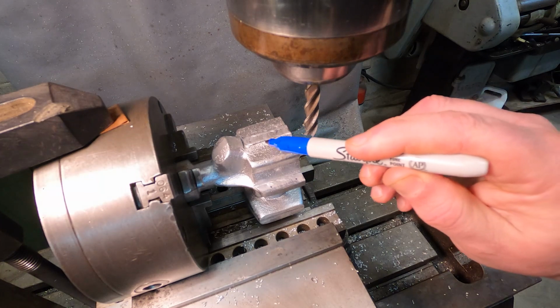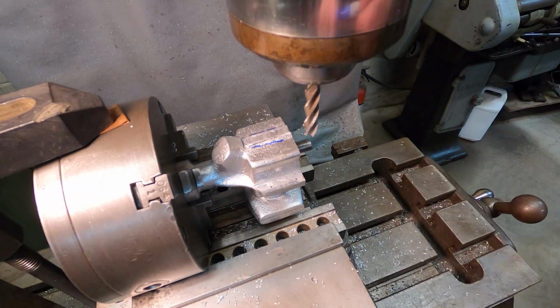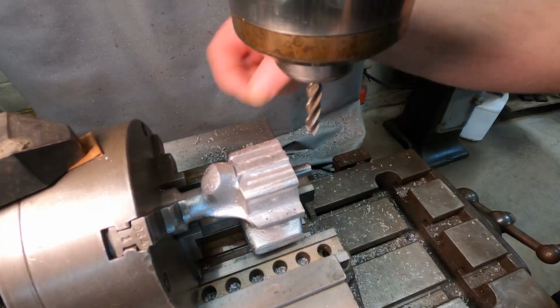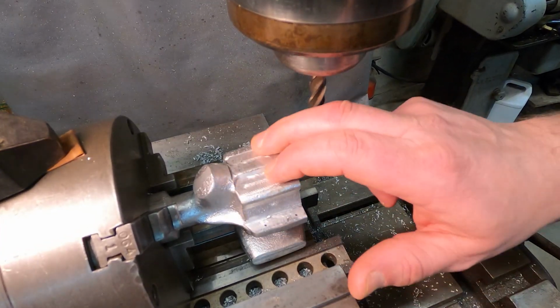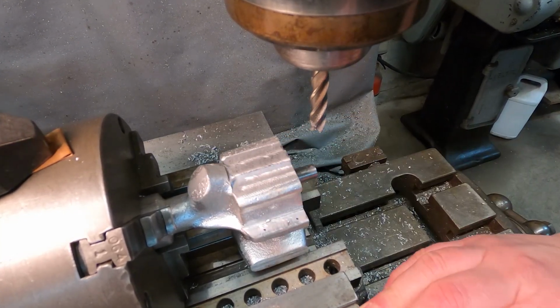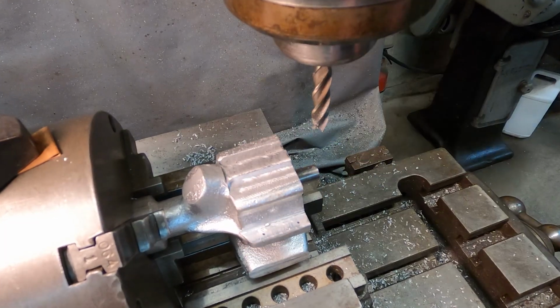I guess while it's here, I could cut on both sides. I don't know. I'll do it on this one. Why not? I don't know if that's totally necessary, but it just gives me another couple edges to locate off of or to possibly grab onto. Being that it's the first engine block I'm machining, why not? So now I'm going to face the sides of each mounting lug, square those up,